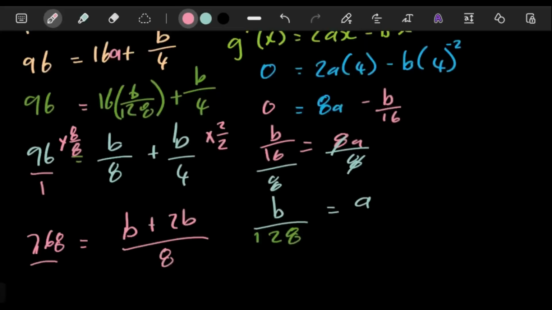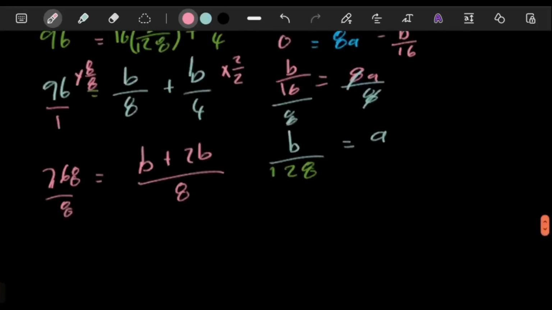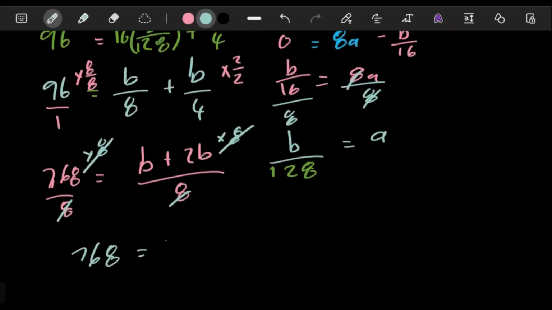This is over 8 also. So since they're all over 8, we can just multiply by 8 on one side, multiply by 8 on the other side, and the 8's go away. Now you have this here equal to B plus 2B, which is 3B. So this number here divided by 3,